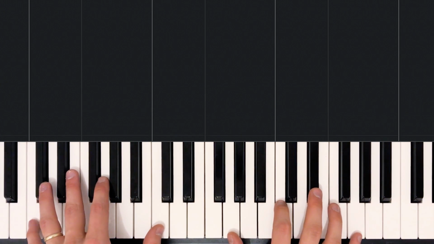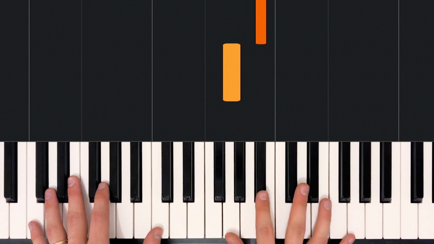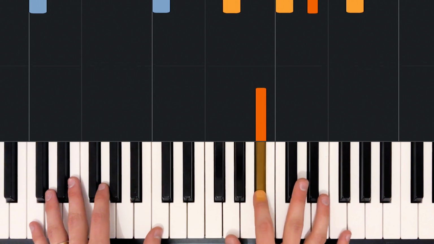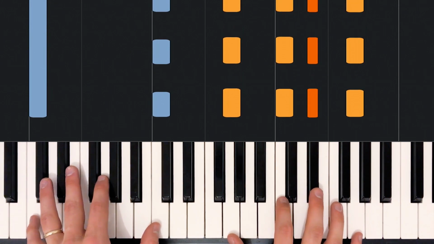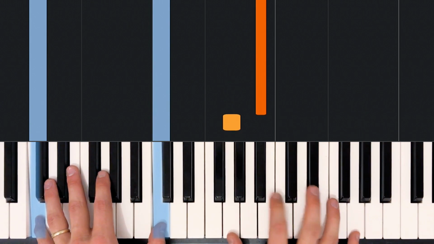So we have C minor for 4 beats, and then on the end of beat 4, on the "and," we're going to play a G with our thumb and a B flat with our pointer. So 1, 2, 3, 4 E and